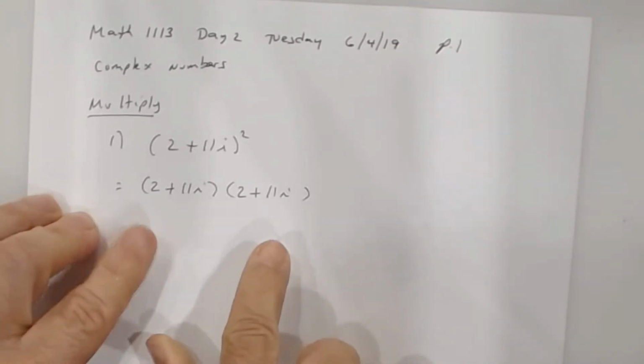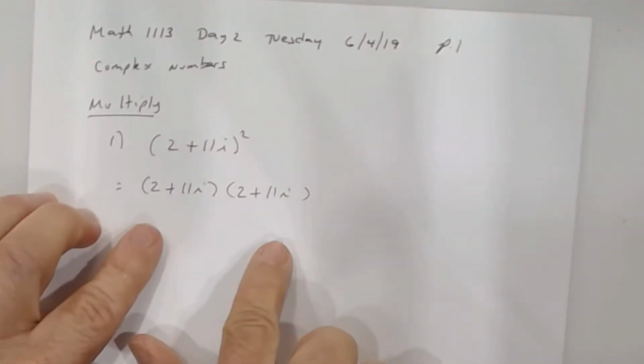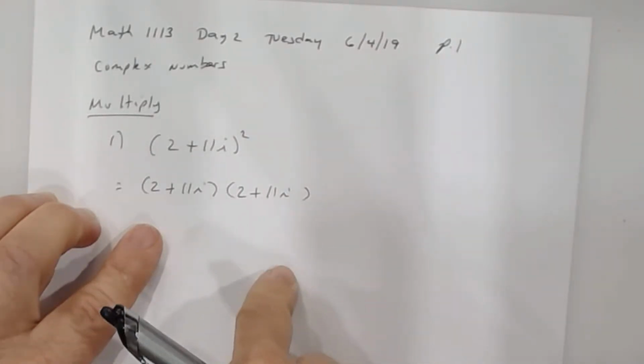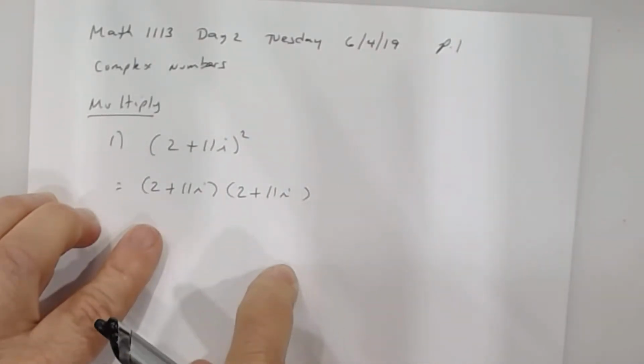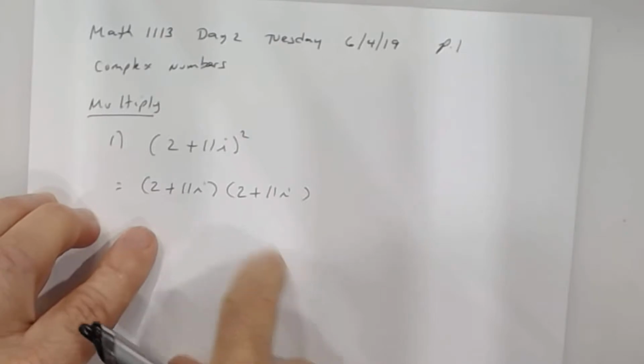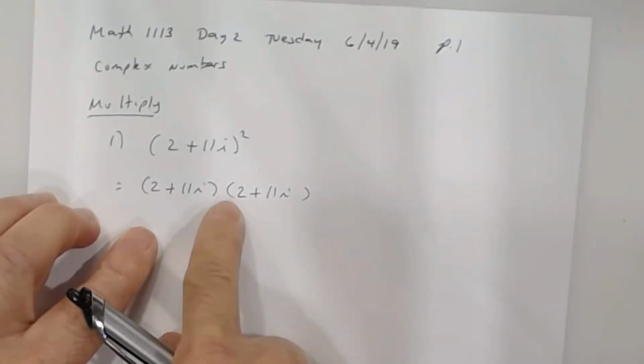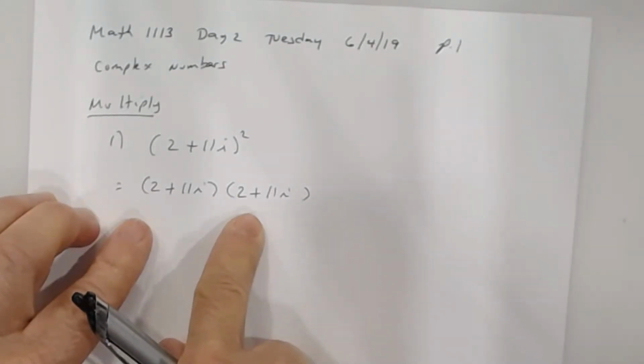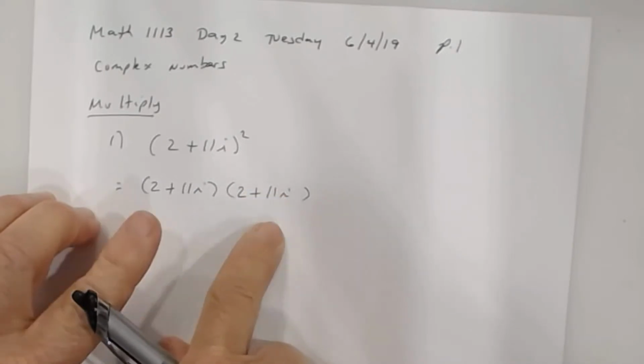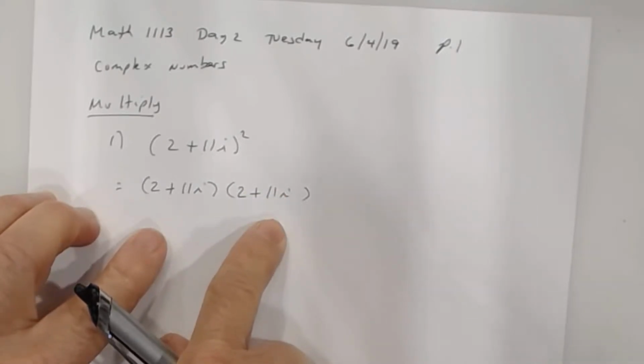Now, what operation am I doing with these two complex numbers? But what's the operation? You multiply. Okay, so you got to look at your operation. So I'm not adding those two, I'm not subtracting, I'm multiplying. And when you're multiplying two binomials, you can use what method? FOIL. All right, so